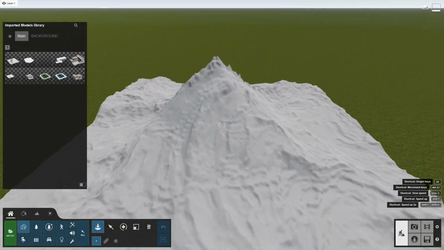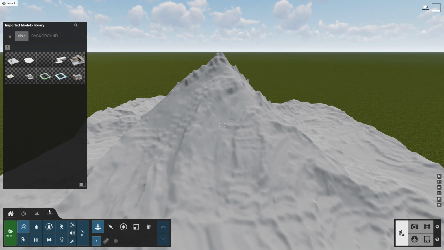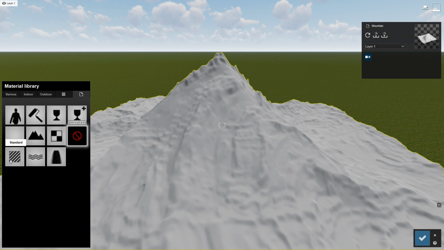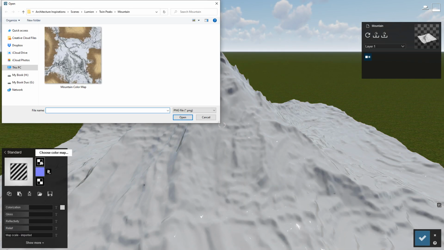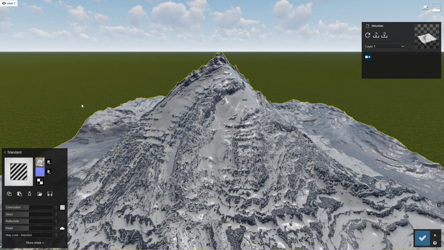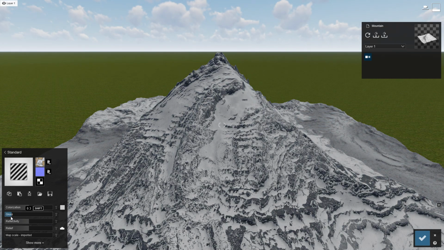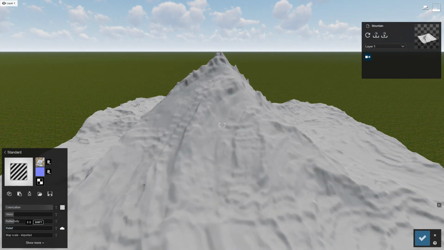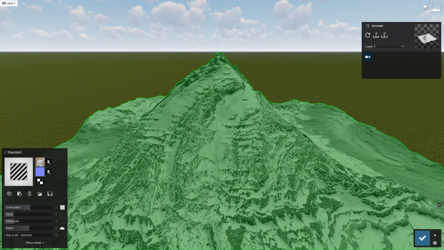You can see that the mountain looks nice, but it just looks white. So let's go down below and add some materials. Now we can go over here and load in the color map that comes with the 3D model. After a few seconds, you will see the mountain has been updated to have the color map. But now it looks a bit too glossy, so we need to go down here and make some changes. Just play with these sliders and create the best looking mountain for you. And just that easy, you have a quick little mountain.